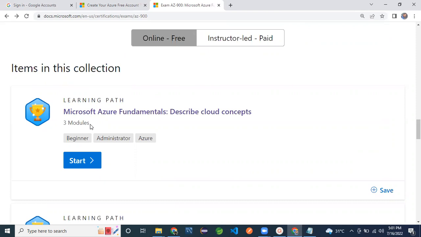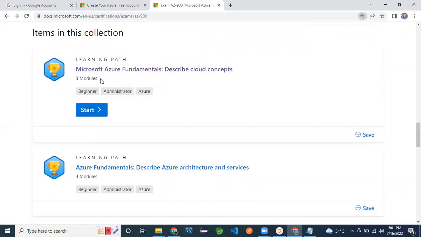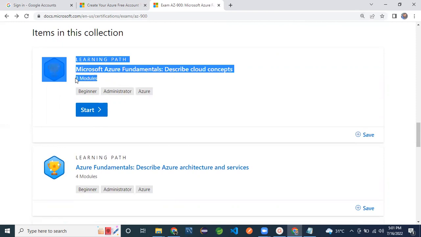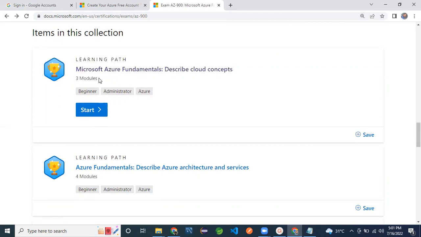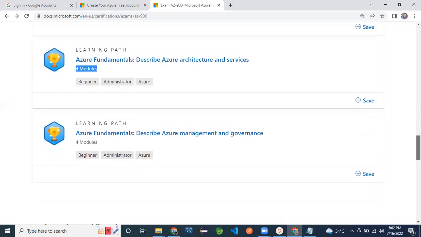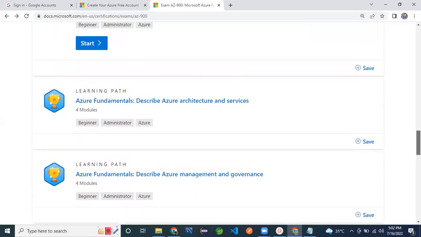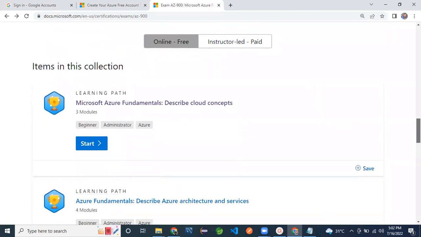You can see the first one is the cloud concept, fundamental cloud concepts. We have three modules there, Azure architecture and services has four modules, and Azure management and governance again has four modules. So total 4 plus 4 plus 3, 11 modules are there.